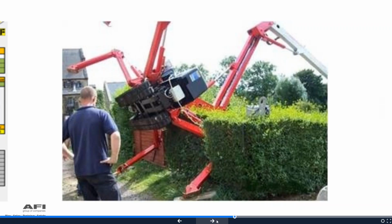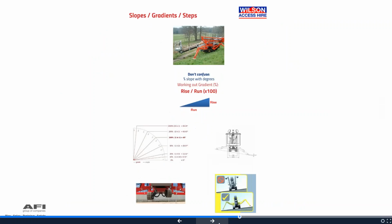So slopes and gradients. Gradients are usually expressed in a percentage, and angles are usually expressed in degrees. So all MEWPs are rated for their ability to ascend and descend a slope. You find very rarely where they actually specify for transverse, so going across a slope. Some manufacturers have done this, and good on them. The highest grade of machines can ascend while maintaining a particular speed, and that's sometimes termed as the machine's gradability. For most MEWPs, this shows the gradient capacity of the MEWP in percentages. For example, 40%, but as you'll see in a second in the chart, this is just half of the figure